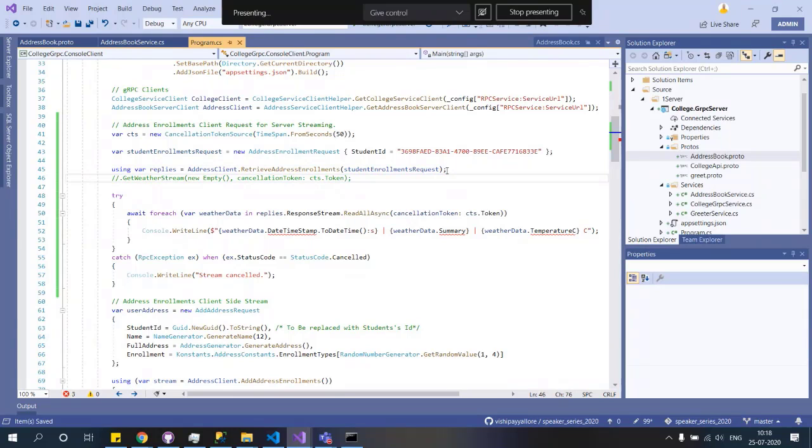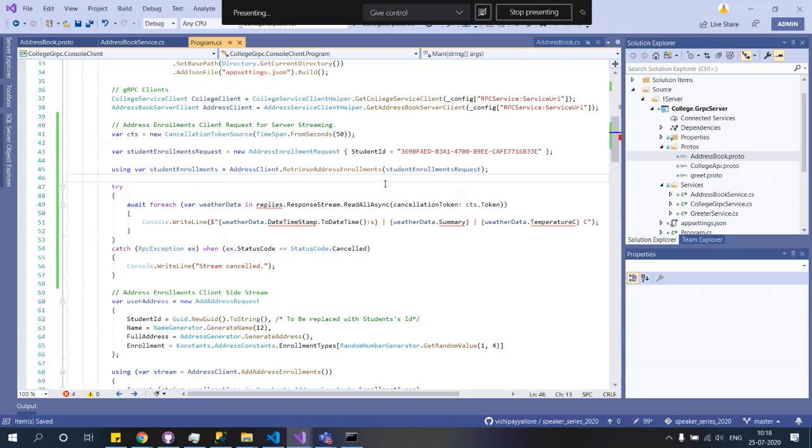Okay, that should be good enough. Let's call this student enrollments. We'll pass in these student enrollments. We are getting this response out of this.